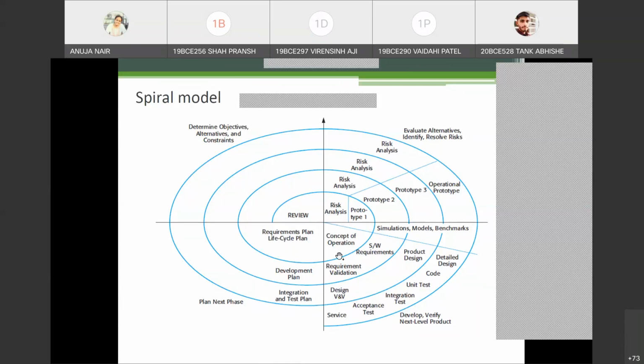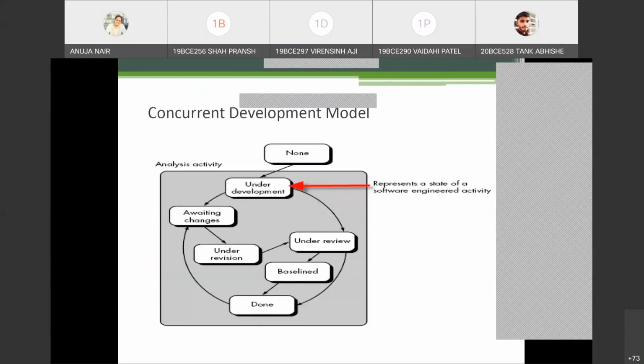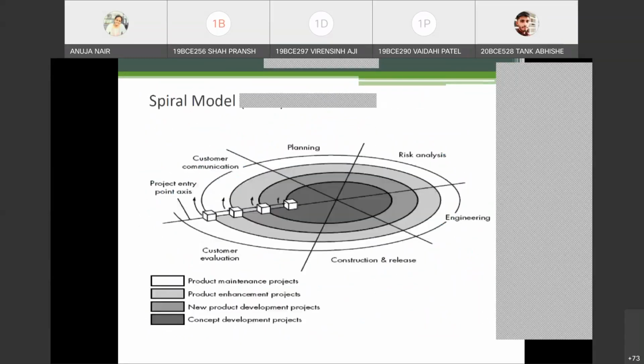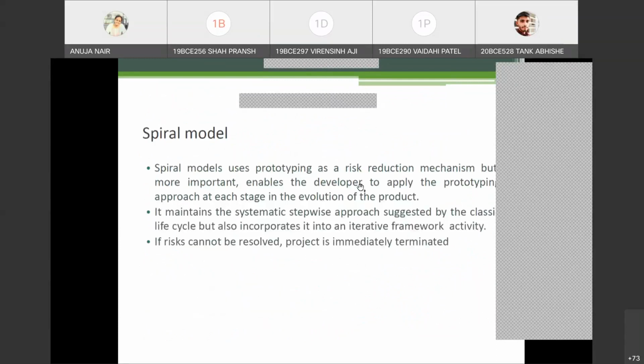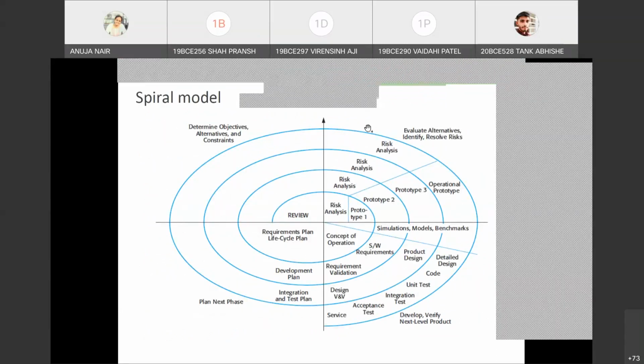But when you search on the internet for spiral model, you will see a lot of diagrams. So take the diagram which is easily understood, like this one. You can take up this diagram. Otherwise, there are a lot of diagrams of the spiral model. Everywhere the spiral is moving, only the terminology that is used changes, but the meaning remains the same, right?